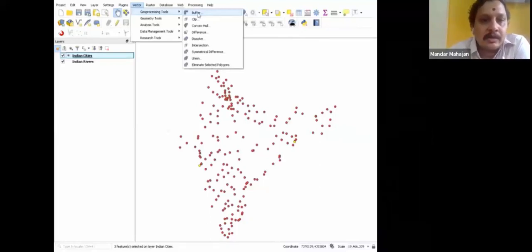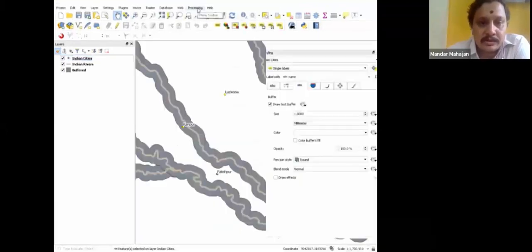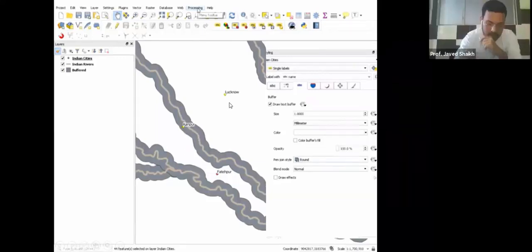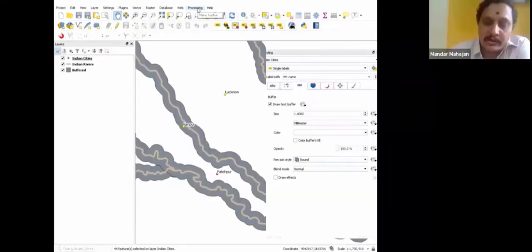Now again, if you want to say, there is one more. Okay. Now here we come to the different cities, which is called buffer analysis, and the cities which are nearby the river, within a 10-kilometer buffer zone. So we can say this Kanpur city is in the buffer region, and the Lucknow, which is far away from the Kanpur. How is it possible to assign the buffer?